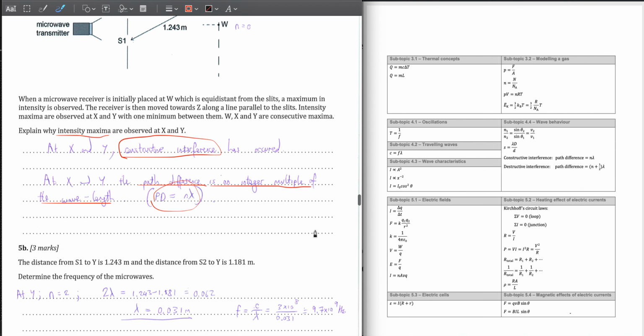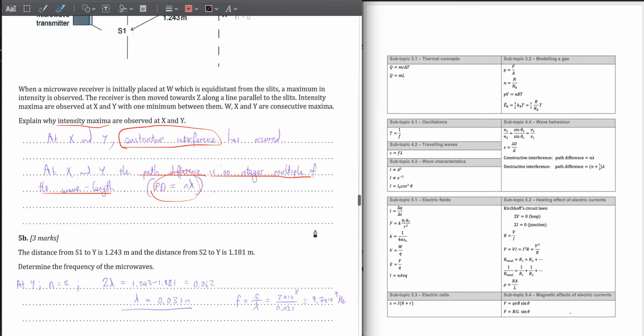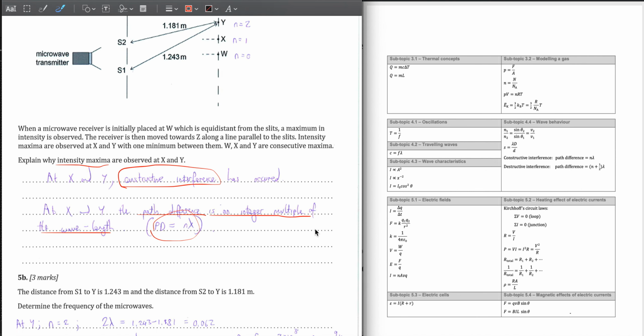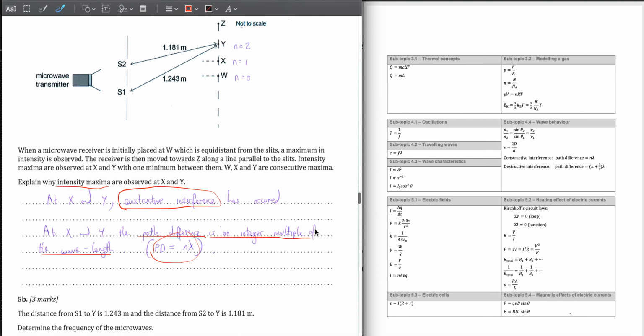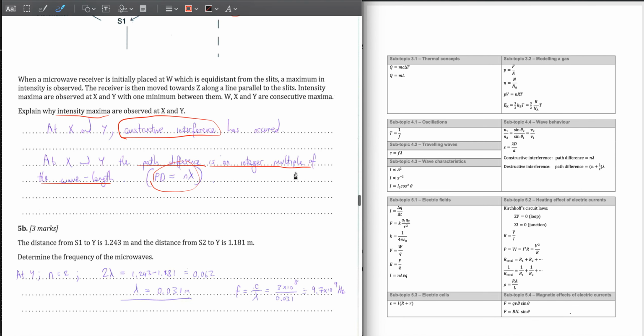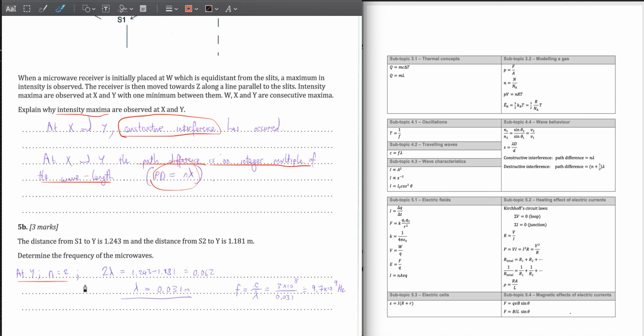If we then scroll down, we're told the distance from S1 to Y and S2 to Y, sorry, are those two values there. This is where noting which order we're looking at is helpful. We're looking at this point here, Y. This is the n equal to 2 part, and so at Y, n is equal to 2, and therefore the path difference, PD, is equal to n lambda, 2 lambda. And therefore, we have a value of lambda which is